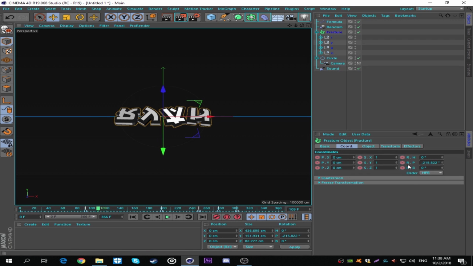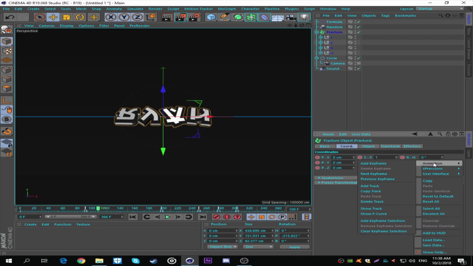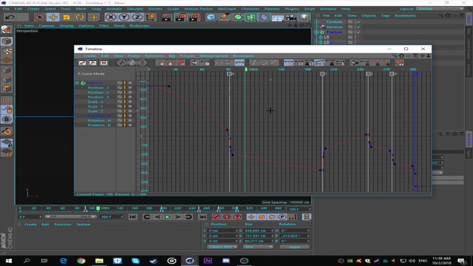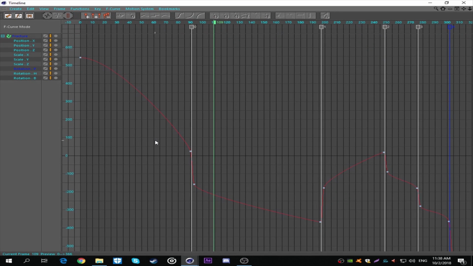You go to rotation P, right click, animation, shape curve, go to this one, select it, drag it a bit more up, hold shift, drag the arrow up, hold shift, drag the arrow down. You don't have to hold shift for this one, and here shift more to the right, drag this down,